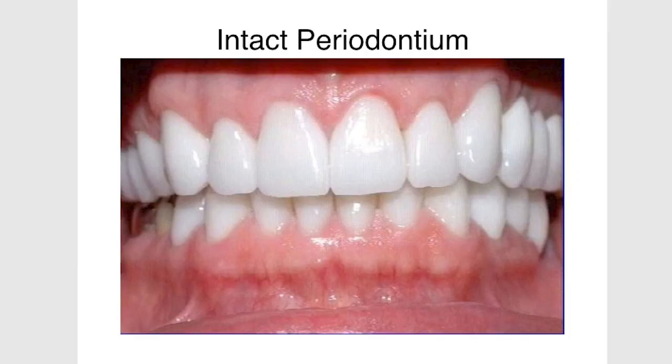And we're going to show you some pictures of what intact and reduced is. So if you have a client who is, let's say, in their 20s and has very limited bleeding points and has all of their tissue, so I'm just going to show you a picture here, their tissue and their bone levels are looking ideal, then this would be considered an intact periodontium. Okay, and this client could be considered healthy because they have only 1 or 2 bleeding points. And likewise, we could consider this particular client healthy also.